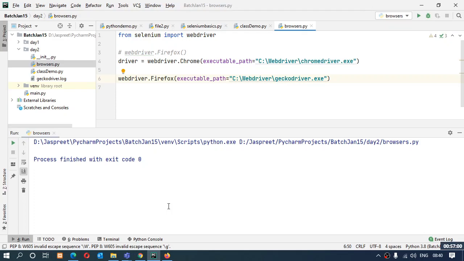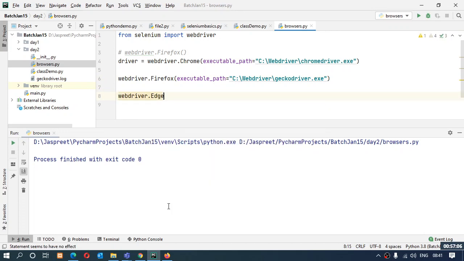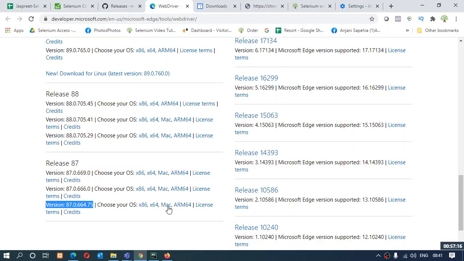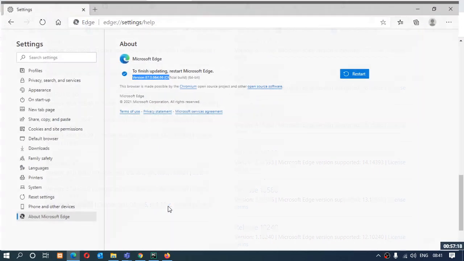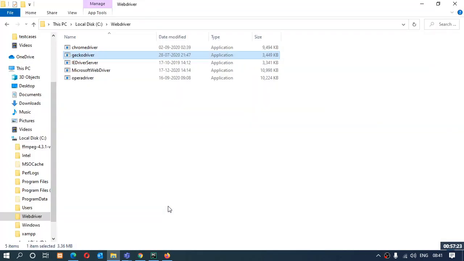To open the browser, the command is simple: webdriver.Edge, executable path. This is the path. Now for Edge, whenever you are going to download the driver and you have kept the driver in the location, the name of the driver would be something else.